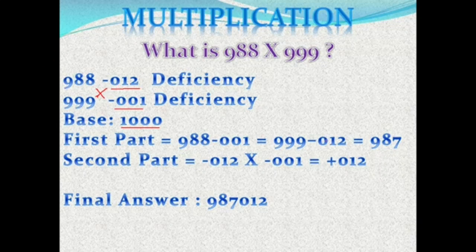And you can watch this. We already got the first part, right? 987 is the first part, and coming to the second part, it is minus 12 times minus 1. It is plus 12. So 1, 2, 2 digits, then a 0 is added, so I have to make it 3, and finally I have to concatenate this to the number, or I have to append. So it will become 987012. That is the result.